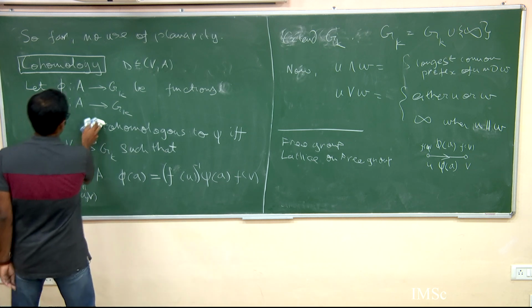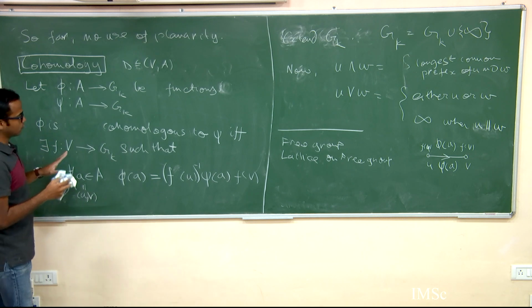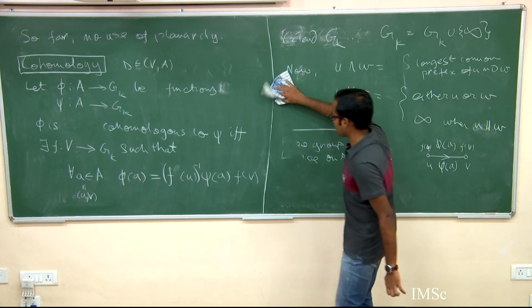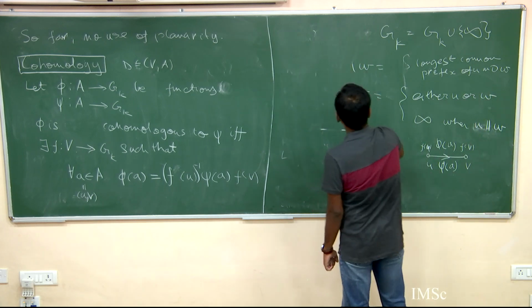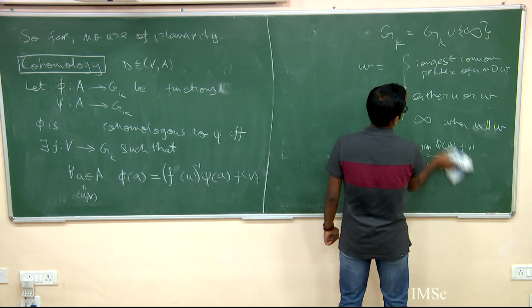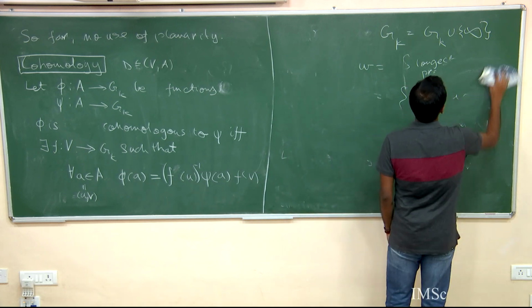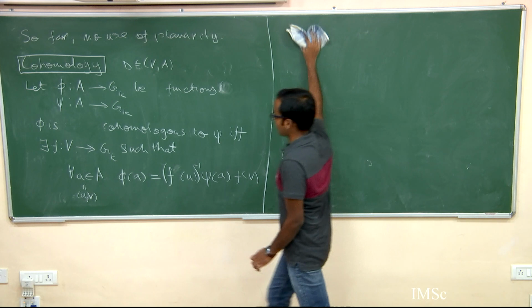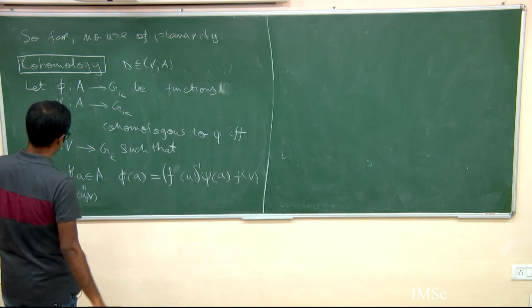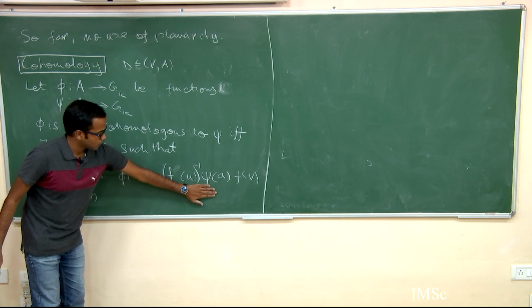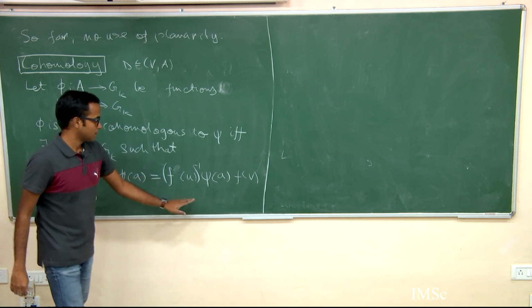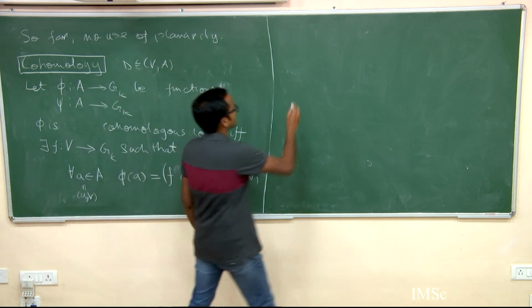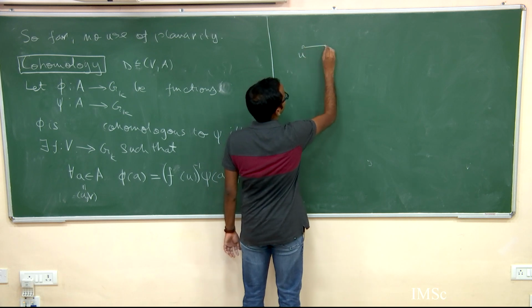So this is what it means for two functions to be cohomologous. Now suppose we have a path. I'm trying to say why we need this, in what way this condition is useful. Suppose you have this path from u to v,